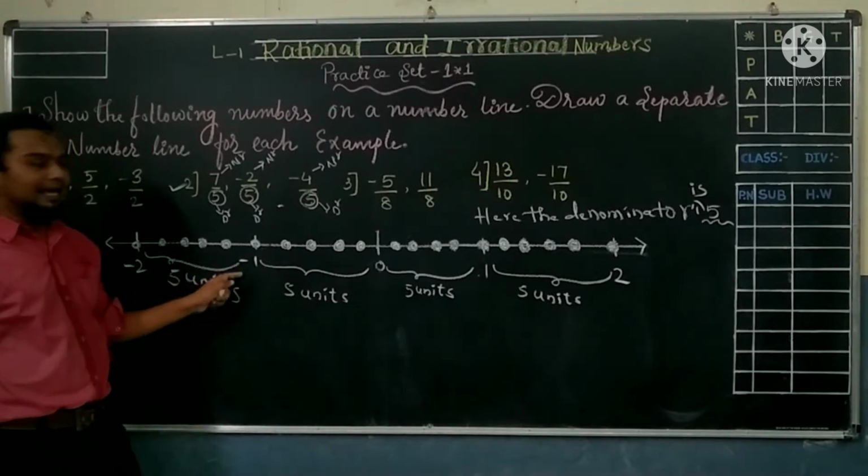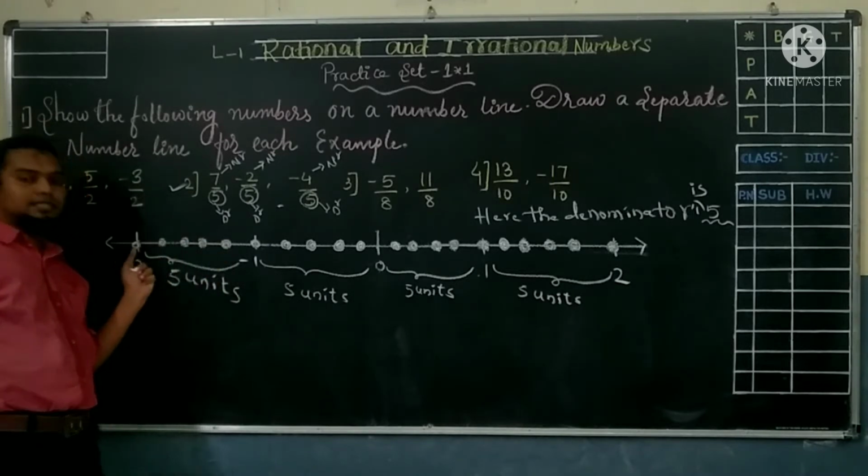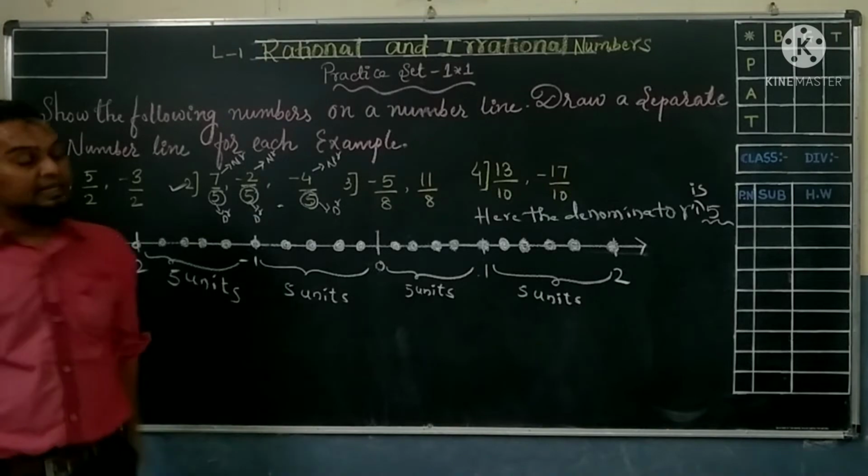Here now we will leave minus 1. This is 1 point, 2 point, 3 point, 4 point. This one is 5 point. Okay. Next,